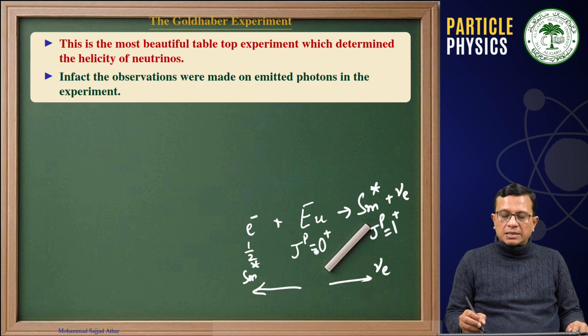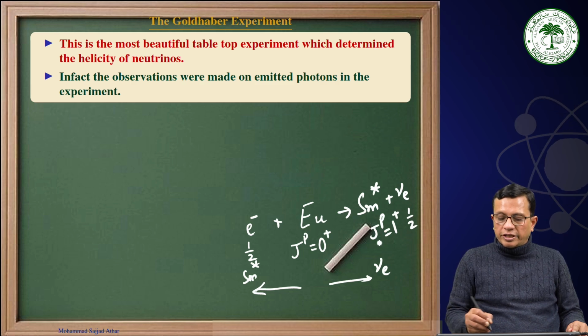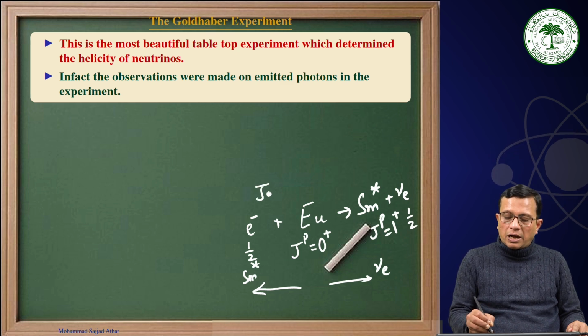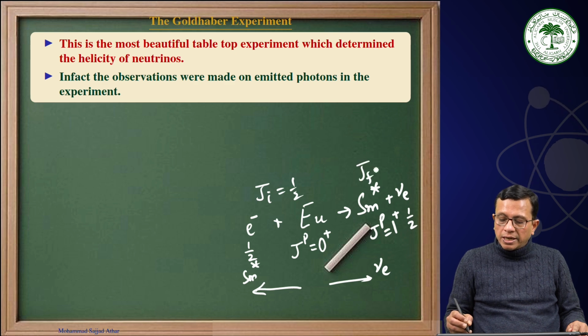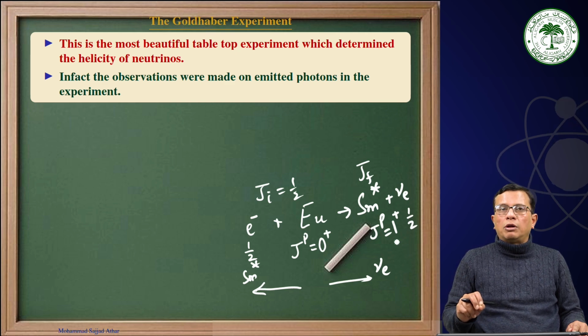Now if J is half, while here what we are finding out is that neutrinos are spin half particles, while samarium star is a spin 1 particle. Therefore, to conserve angular momentum, the initial angular momentum is half, so the final angular momentum should be half. That means the angular momentum of the samarium star should be opposite to the angular momentum of the neutrino,